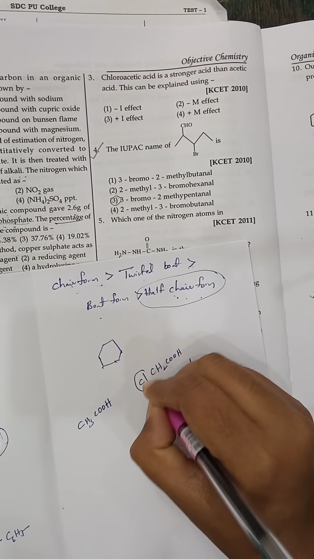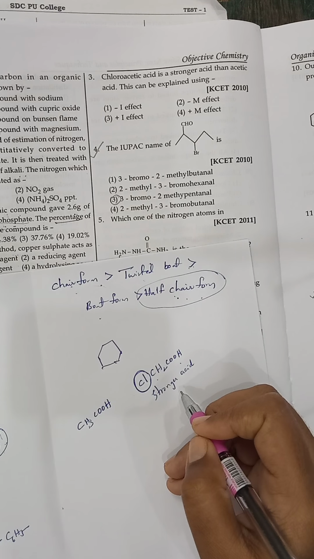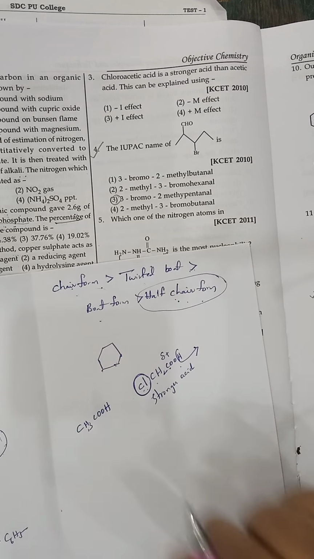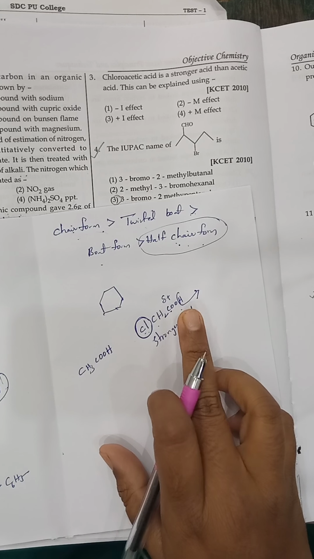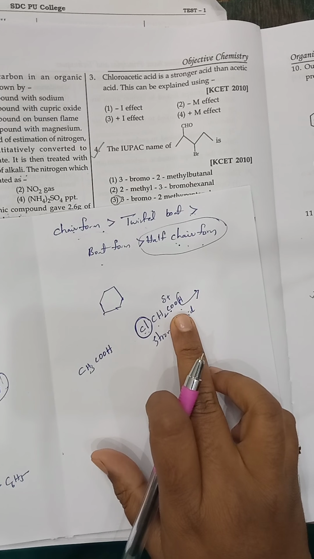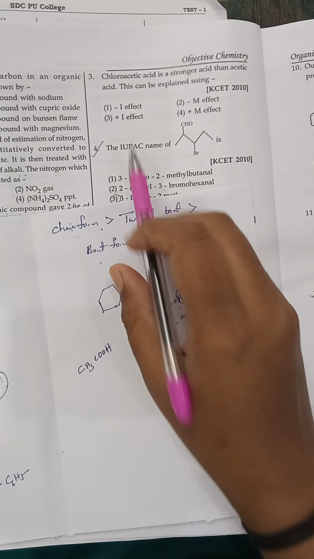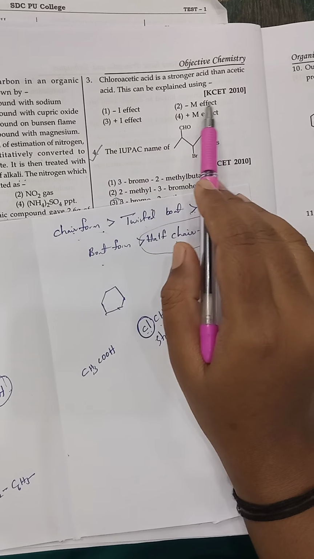Because the more electronegative group chlorine is attached to the carbon containing COOH. Thereby it tries to take electrons from here. The partial positive charge is created on the carbon and it loses this hydrogen very easily. Whatever group has the property to lose hydrogen very easily is said to be a stronger acid. Okay, such a property is present here. This is due to which property? They have given 4 options: minus I effect, plus I effect, minus M effect and plus M effect. Okay, this is due to minus I effect.